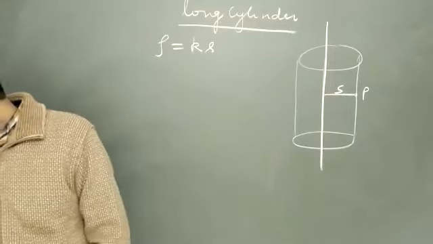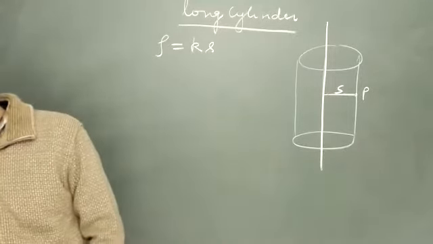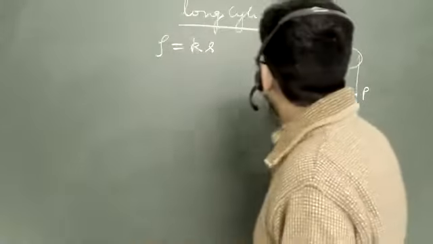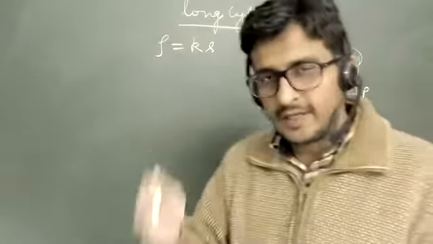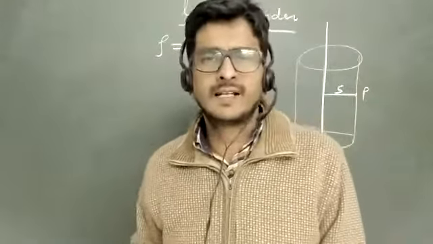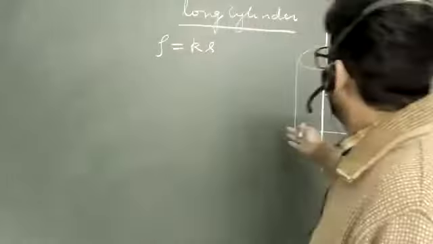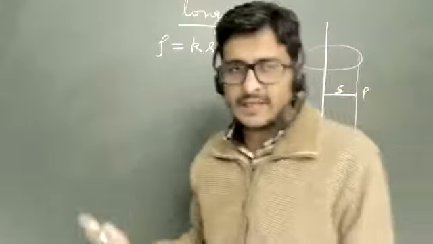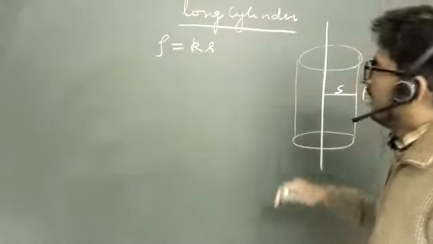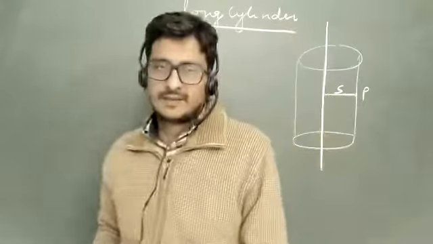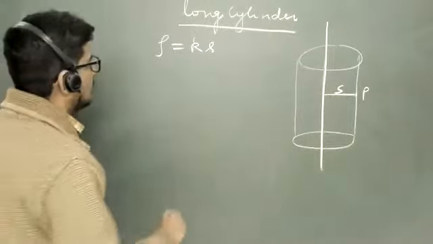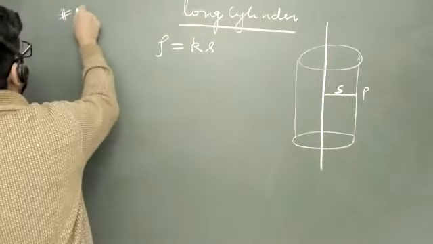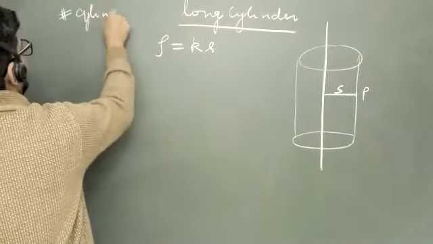Okay, so the cylinder is long, and outside the cylinder, I think I have already told you what happens if it is constant charge density. But in this case, charge density is increasing. So first of all, suppose we know nothing. Tell me what type of system is this? If you get a new question, what type of system is this? Cylindrical system. It is cylindrical, right?